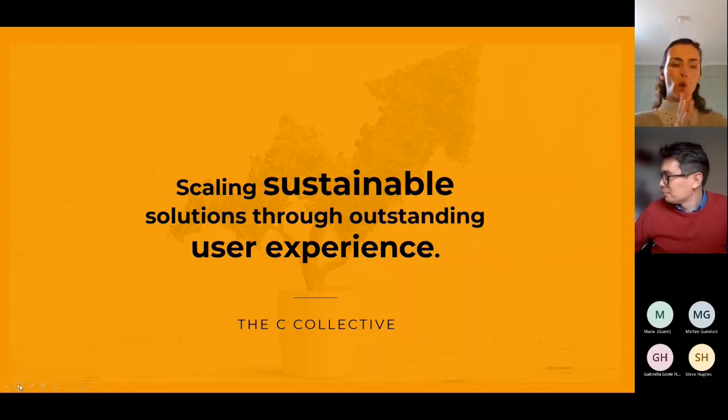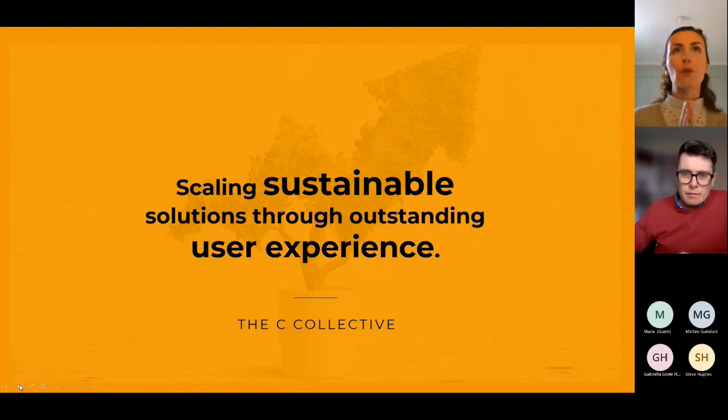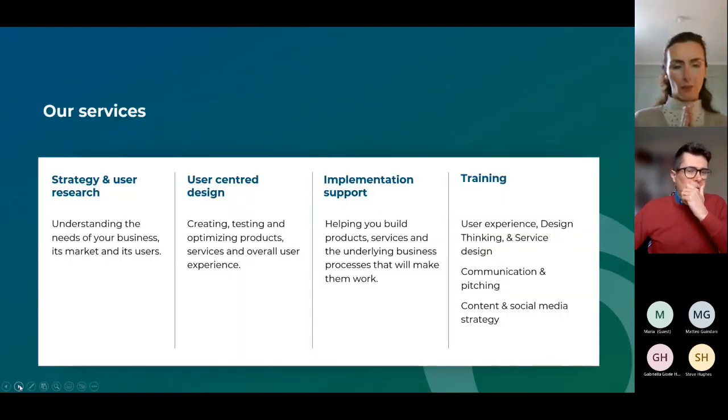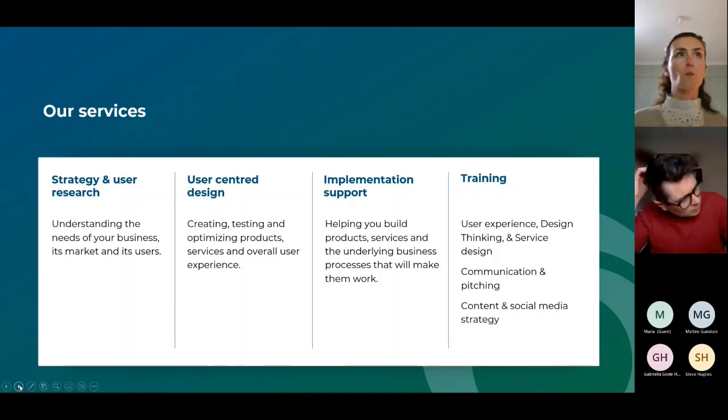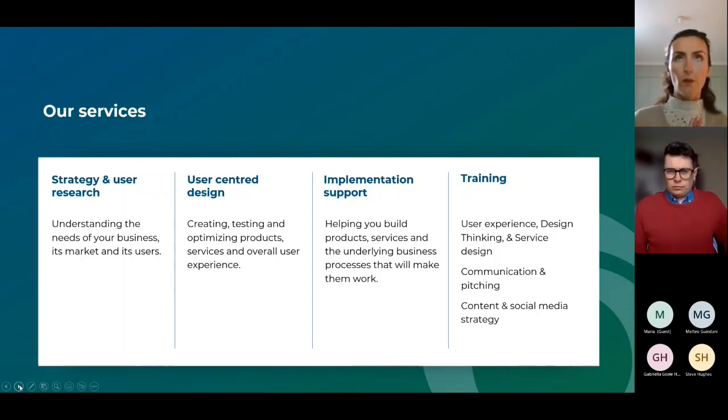Thanks, Mark. We're a boutique consultancy based in the UK, and we're all about scaling sustainable solutions through outstanding user experience. The services that we provide range from strategy and user research, really understanding what the business needs, its markets and the users, to user-centered design, so creating, testing, optimizing products, services, and the end-to-end user experience.